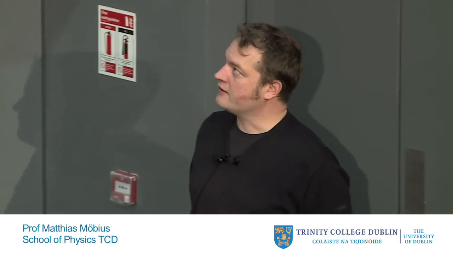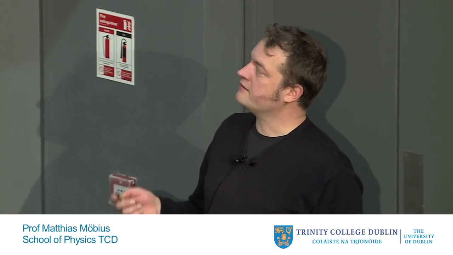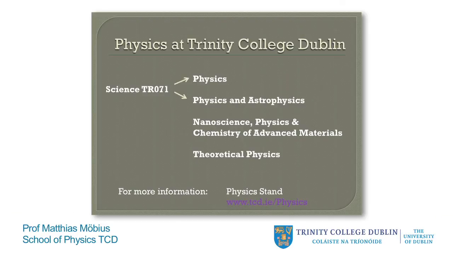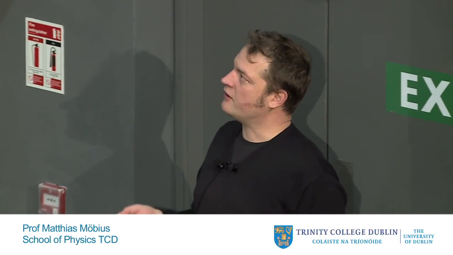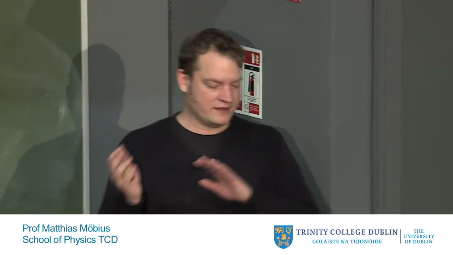So there's also chemistry, which there's little of in the physics course. So you have chemistry modules and also some courses on advanced materials. And then finally, we have the theoretical physics degree, which focuses more on the theoretical aspects, foundational matters in physics. And this course is offered together with the School of Math. Yeah? So you have courses both in physics and in the School of Maths.